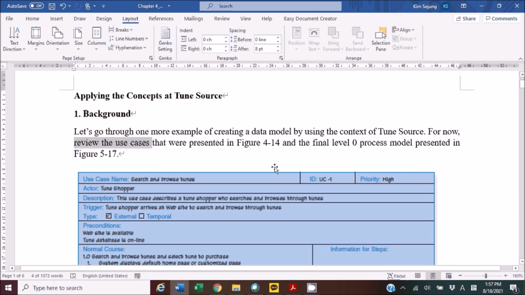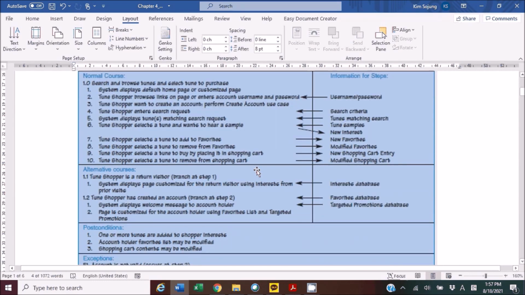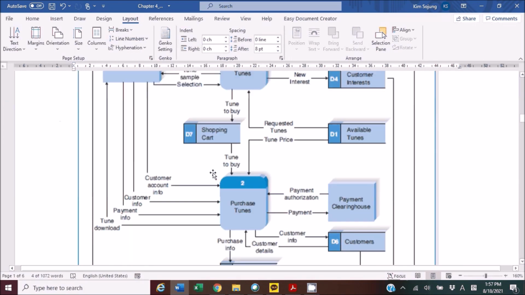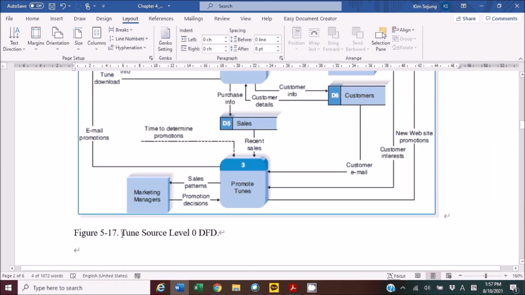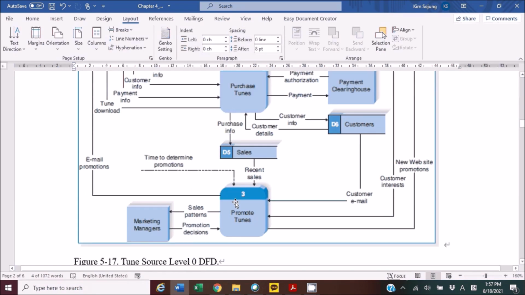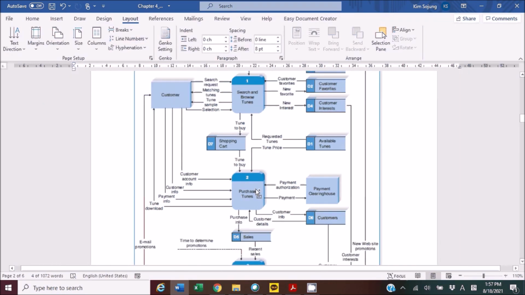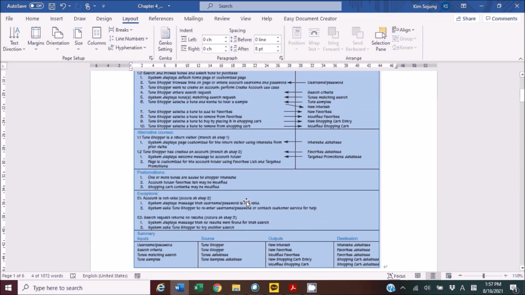in figure 5-17. So we have 4-14 here. This is 4-14, and then this is the figure 5-17, showing the Tune Source level 0 DFD, the data flow diagram. You remember this, right? So let me quickly look at the